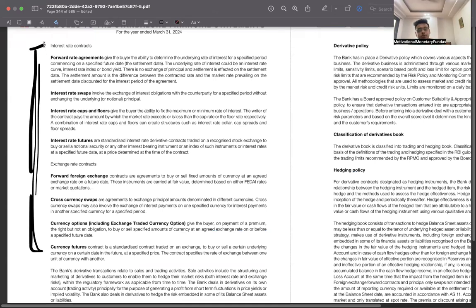In the non-banking space, they just use a forward agreement or a future agreement to lock in the price of buying and selling, not the interest payment. But banks use interest rate swaps, interest rate futures, cross currency swaps, currency options, currency futures. It's used more in the banking space. Indian banks use it less, but foreign banks use all these things